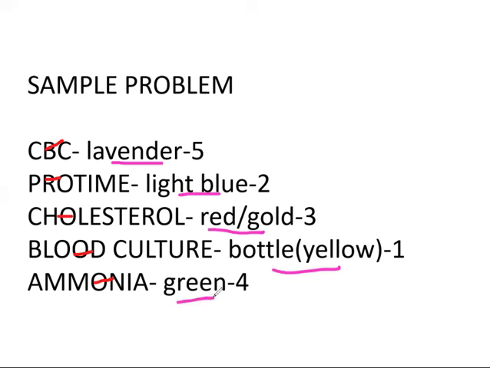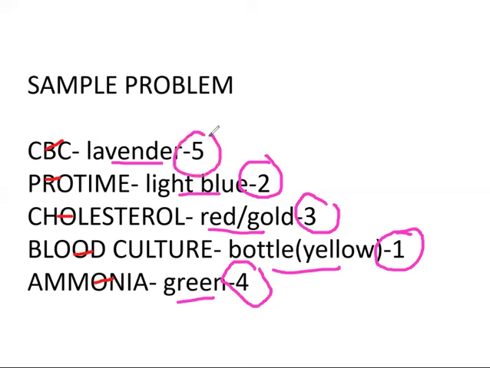So, by following our proper order of draw, the first to fill with blood is the blood culture. And then next is our coagulation, which is the light blue. And then, once you have drawn blood into your syringe, next you fill the cholesterol tube, the red or gold top. After that is the green top for ammonia, then the last you fill is the lavender top for the CBC test. Okay, so that is how you're going to